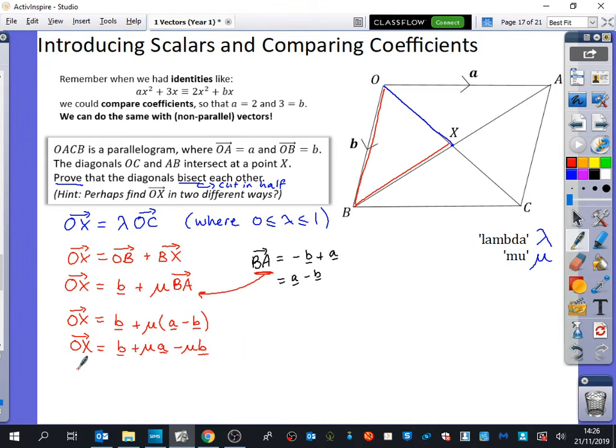I'm going to keep manipulating this a couple of stages more. So I have mu A plus B minus mu B. I've just rewritten the order there. And what shall I do with these B vectors at the end? Good, factorize them. So I'm going to do my final line that I've got written here. I've got mu A plus, when I factorize this, how many lots will it be in the bracket? I'll have B multiplied by